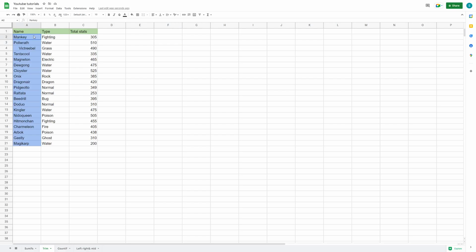So, for example, I've got here a list of Pokemon, their type, and their total stats. If you look at it, everything looks normal except this cell. There's a bunch of space at the beginning. However, if you click on the first one, there's a bunch of extra spaces. So just to showcase,